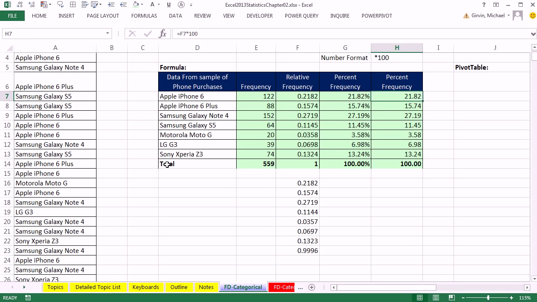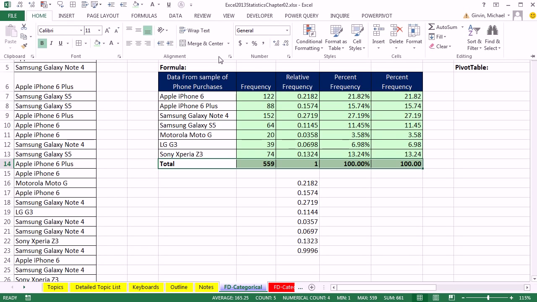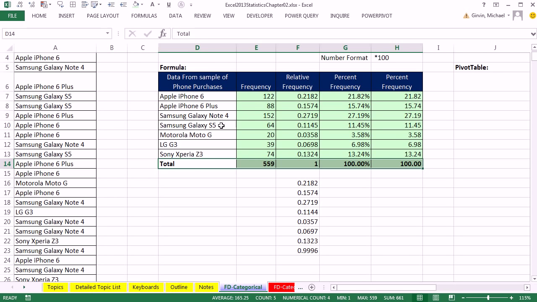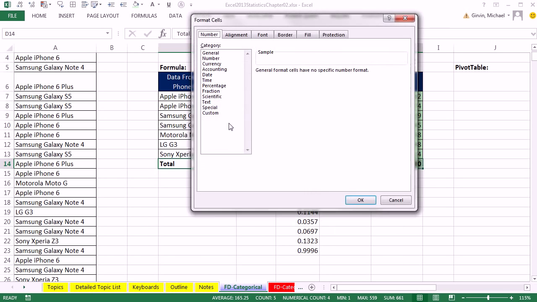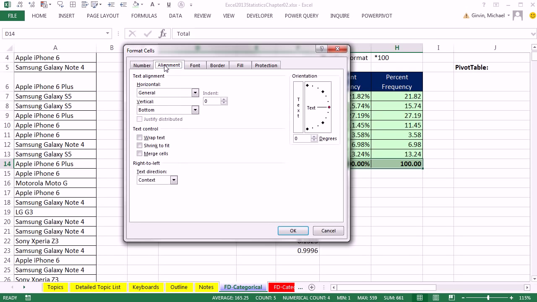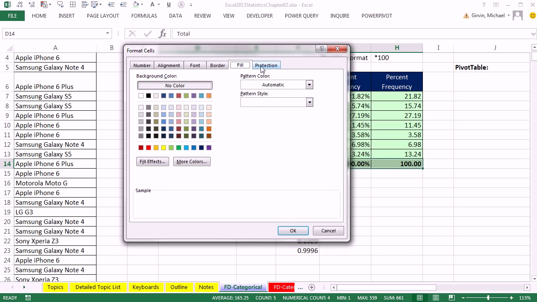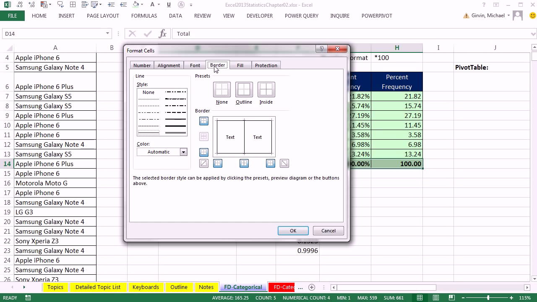Now we want to come down to this last row, and I'm going to highlight the whole row. And we got to talk about borders. And we're going to use format cells, which is home, and any one of these dialog launchers. And I'm going to use the keyboard Control-1. And the nice thing about the Format Cells dialog box is it has the Number tab, Alignment, Font, Border, Fill, and even Protection. Now we want border. And the nice thing about the dialog boxes is they have everything, all the options, whereas the ribbon tabs don't have as many options sometimes.